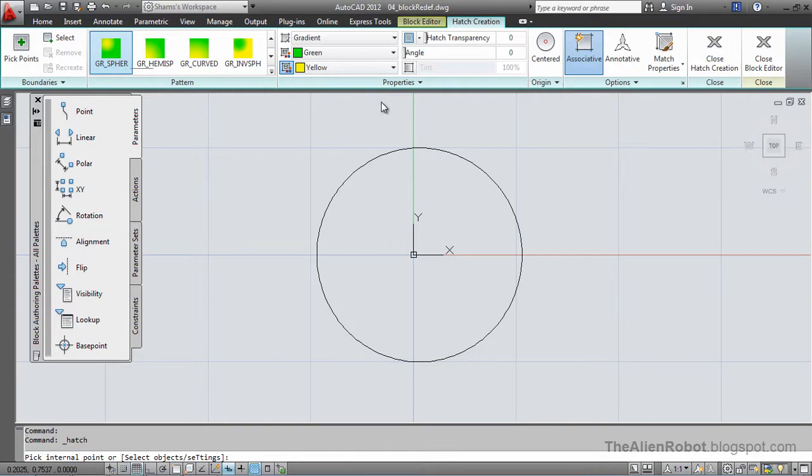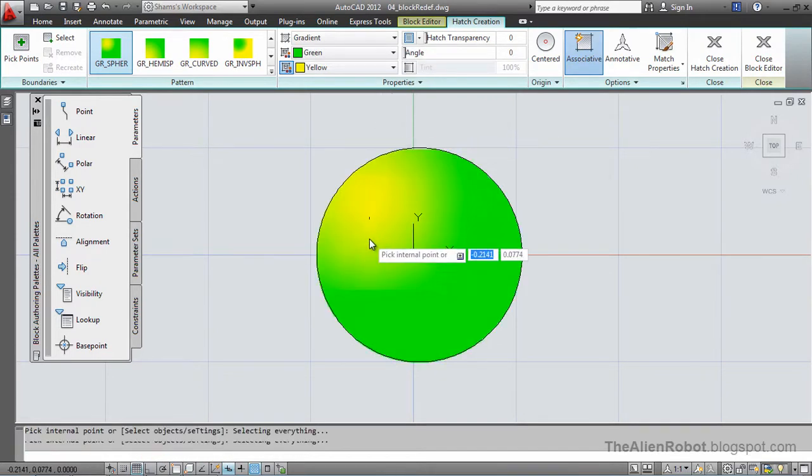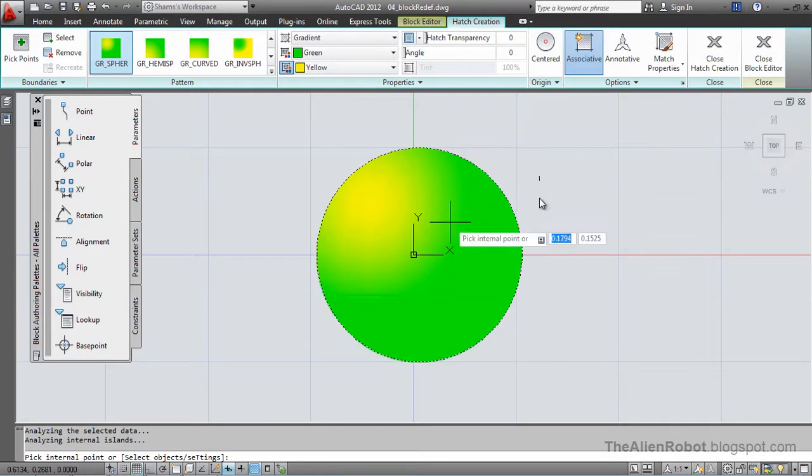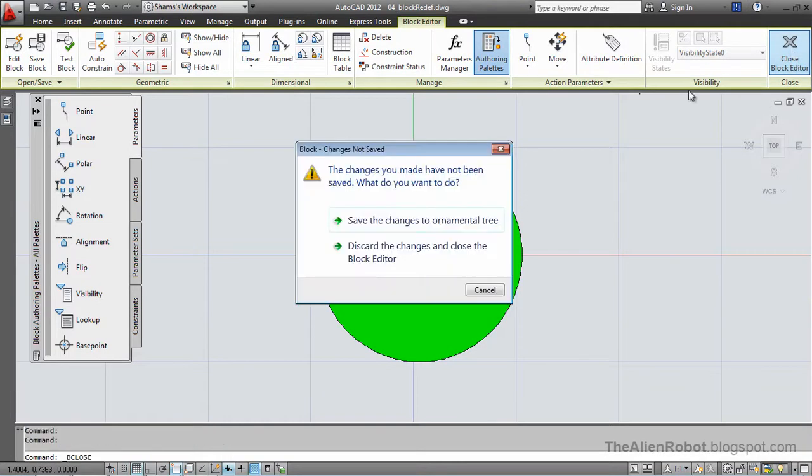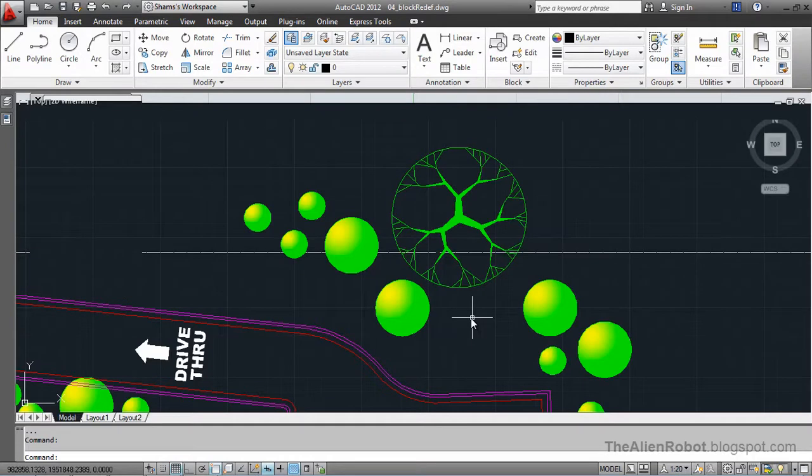Now we can change the angle however we want. Not going to use that for now. Now let's give it a gradient. This is gray. Now this is the exact way I wanted this block to look, so I'm going to go to the block editor here, and first of all press enter to accept that hatch, and click the close block editor and save the changes to ornamental tree. Now as you see, all our